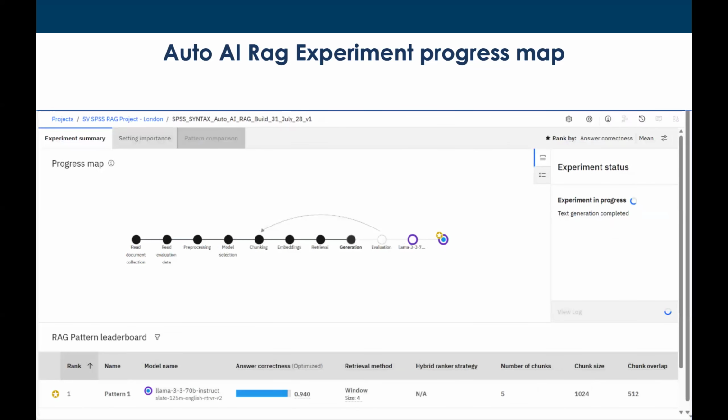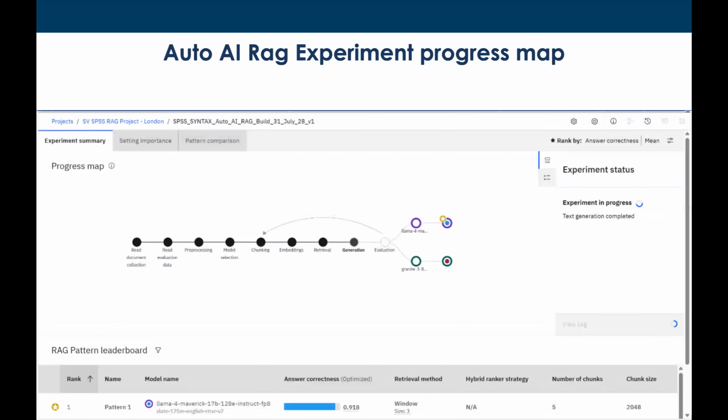Here's one model. This is the Llama model, 70 billion parameter model, which we could then test and check. And it keeps going as it adds models one after another. Eventually you can get it to produce like 18, 20 models if you like, and then compare them. You can see that in this case, this is being ranked by answer correctness.